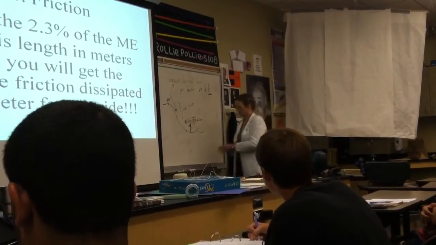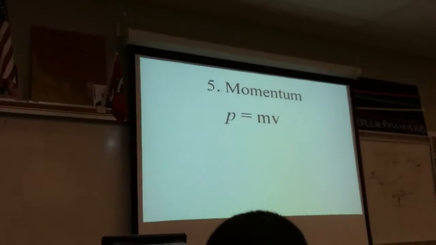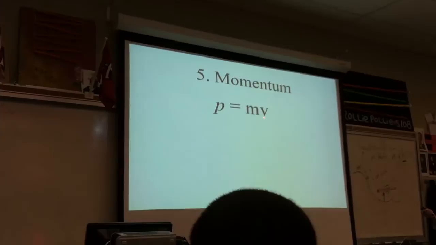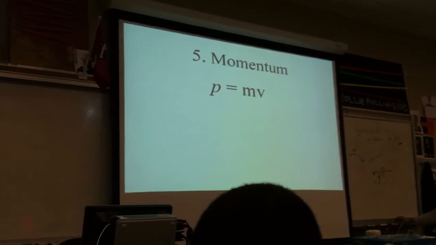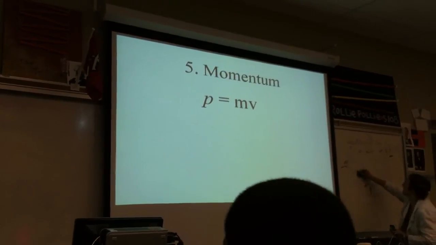Good. All right. After we do that, okay, so here's number 4. Number 5. Why do we have to know our velocity at that point? Because I'm asking you to calculate the momentum of your cart at those points that you pick. I believe there are 3 points. So I would like you on your roller coaster